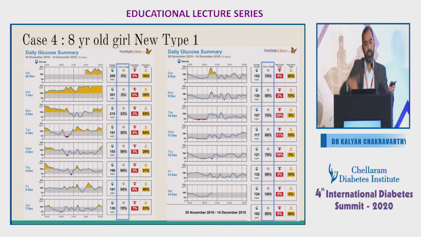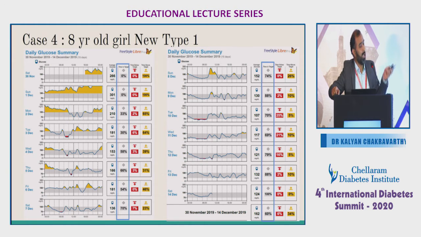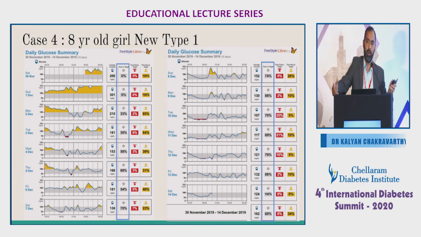Last case, this is an 8-year-old girl with new type 1 diabetes that I put a sensor on. I just wanted to highlight the time in range first, because a lot of these parameters, as you can see, the time in range is much less than 70%. Time in range is a number, whereas this AGP is a visual snapshot. If you can understand how the AGP looks after some time and correlate with the time in range, it becomes easier to not use a number. Just like you look at the ECG, you look at an AGP, say, okay, this is high, and you can make an interpretation from then.